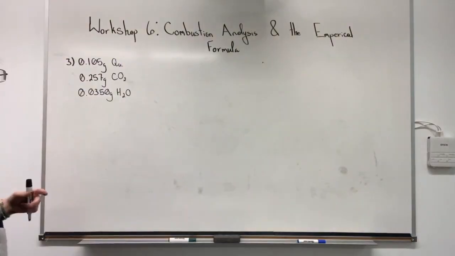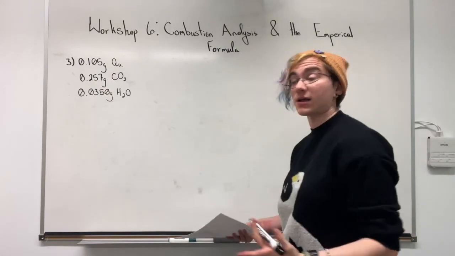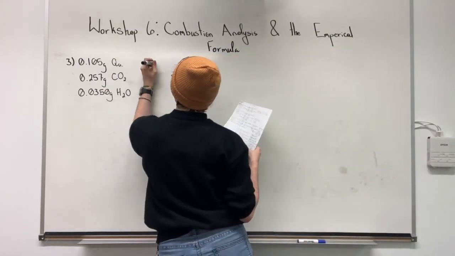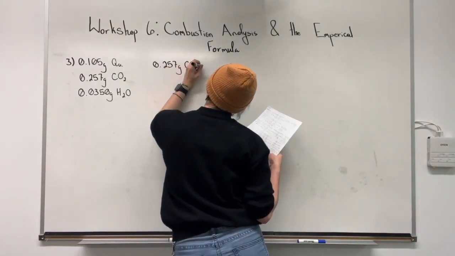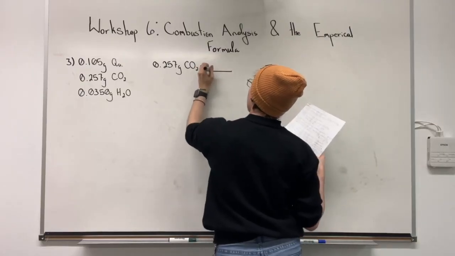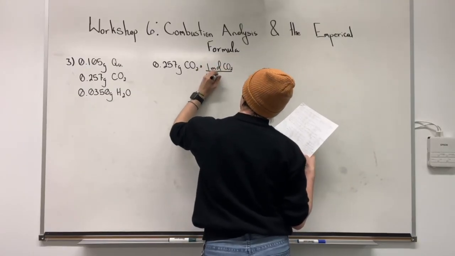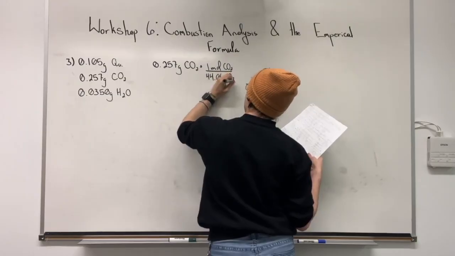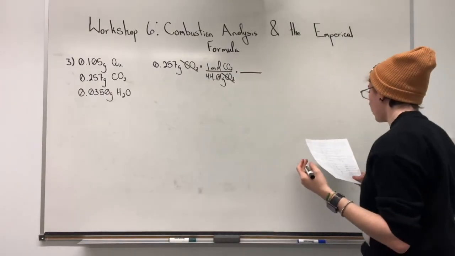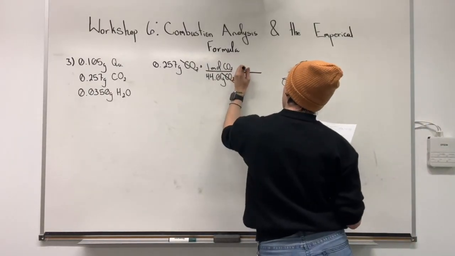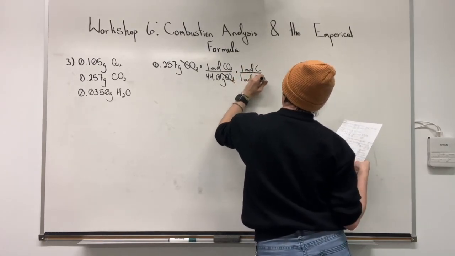So now we do have oxygen to worry about, and so we're going to add a few more steps to this. But the initial steps are going to be exactly the same. So we start with the mass of our carbon dioxide, and we're going to convert that out of grams and into moles. 1 mole of carbon dioxide per 44.01 grams of carbon dioxide. And now again, we convert this to moles of carbon. It's a 1-to-1 ratio. 1 mole of carbon produces 1 mole, or is needed to produce 1 mole of carbon